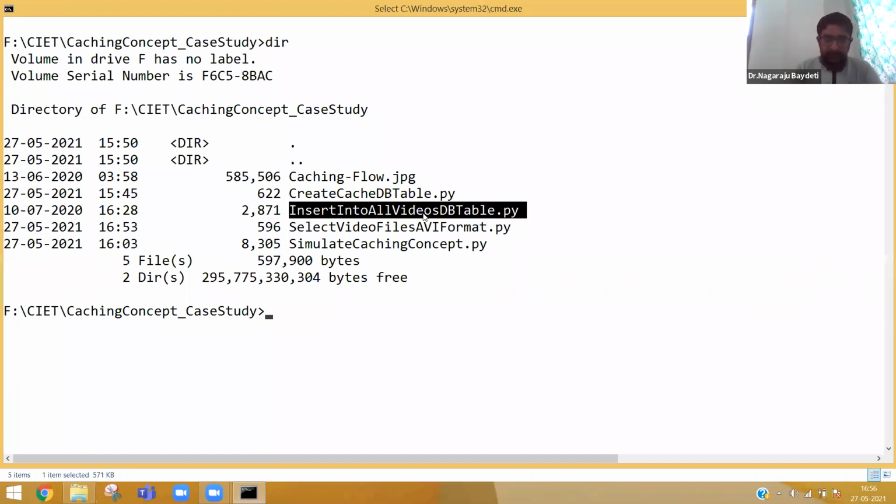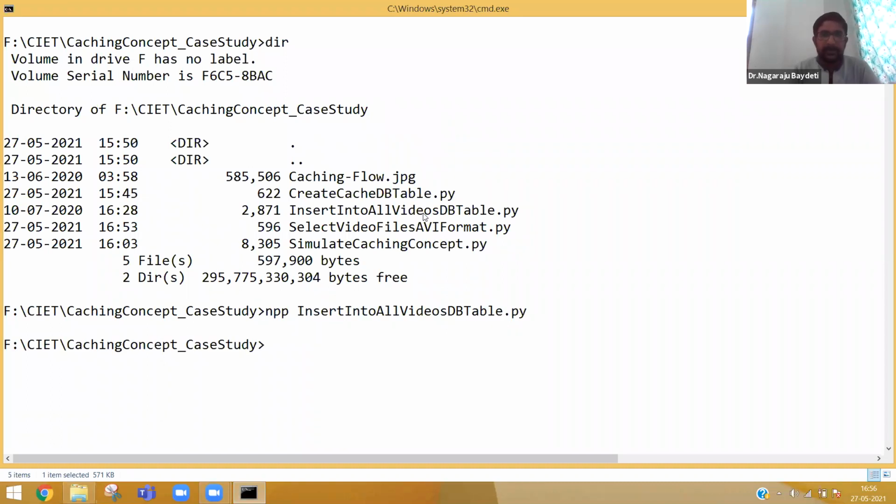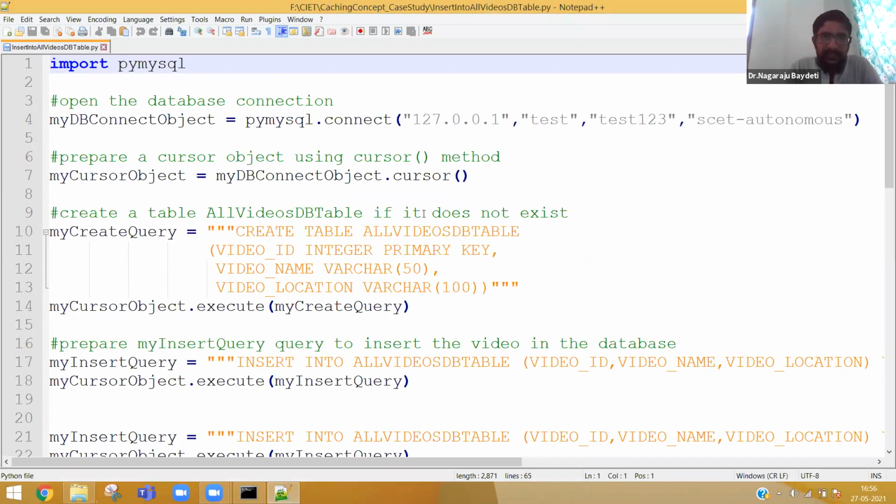One is the all videos DB table, another one is the cache table. All videos will have the data of all the videos. The cache table will be created initially, but without any entry in the table.